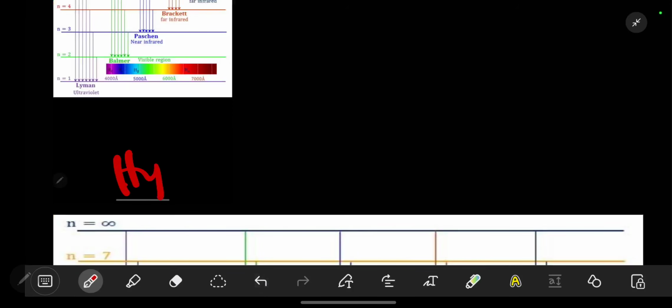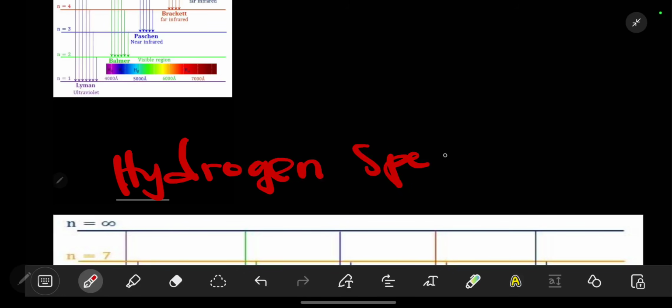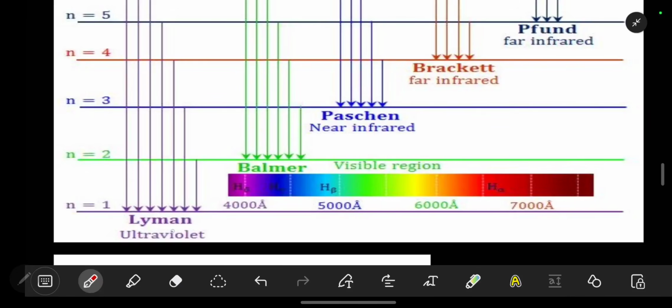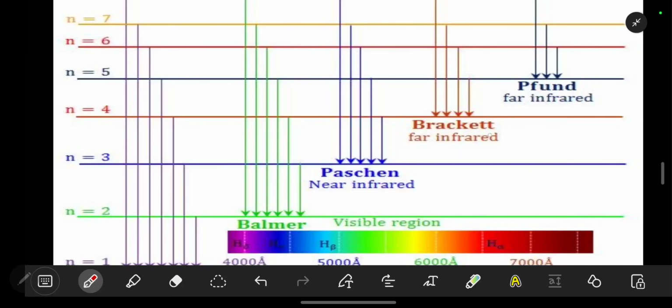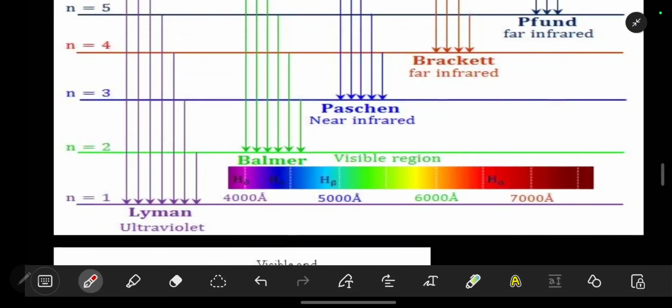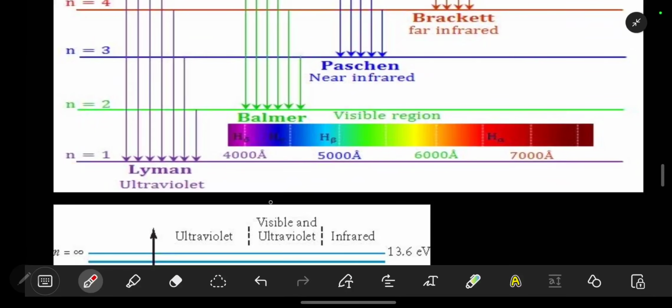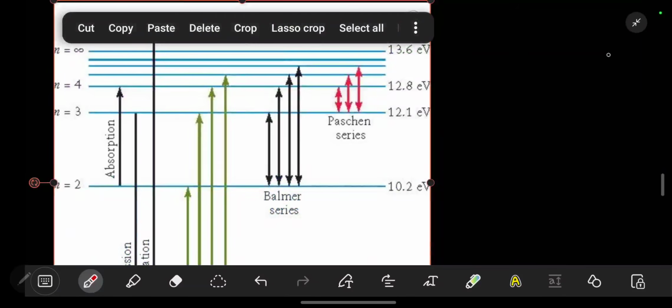Now the hydrogen spectrum is split into the spectral series. These series, which are very examinable, are the Lyman series, the Balmer series, the Paschen series, the Brackett series, and also the Pfund series. Now I've made something that is very simple for you to remember. So we are going to just say,